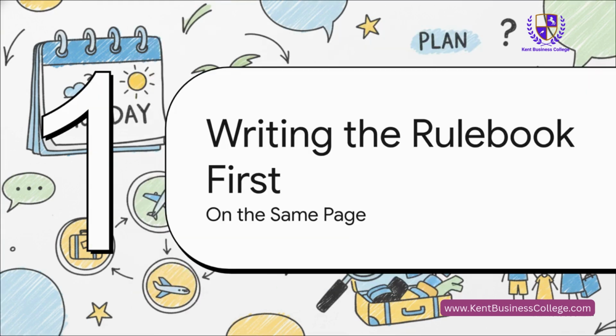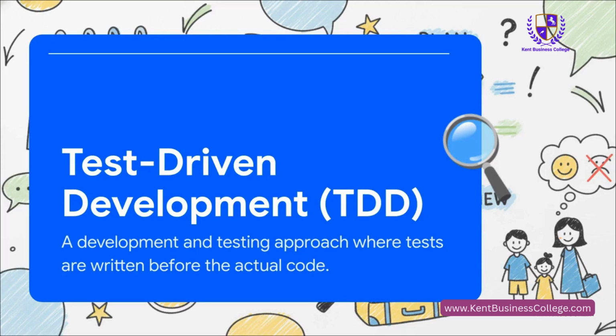Okay, first stop: getting everyone on the same page from the get-go. This is absolutely crucial for setting clear expectations so there are no nasty surprises later on. So the first technique we'll look at is called test-driven development, or TDD for short. In our holiday analogy, this is like everyone sitting down and saying, right, before we even think about looking at hotels, we need a rule. The hotel must have a swimming pool. You see, you define the test for success first, before you do any of the actual work.